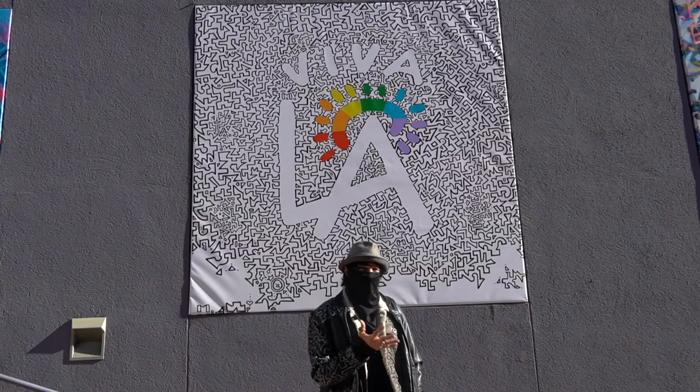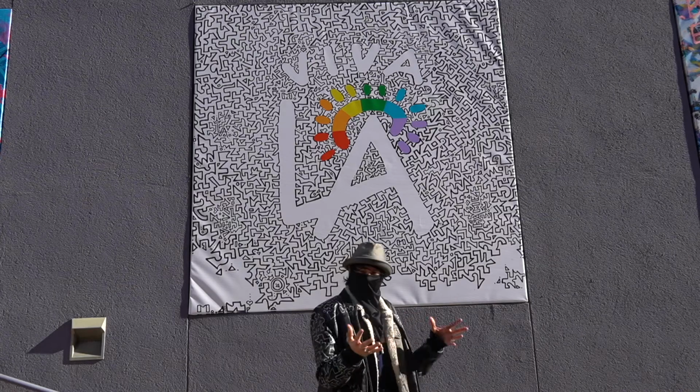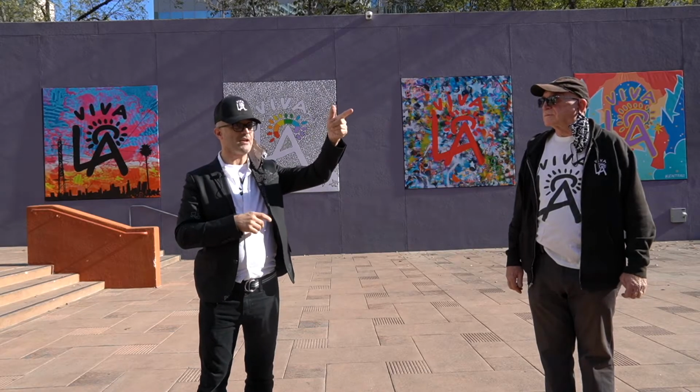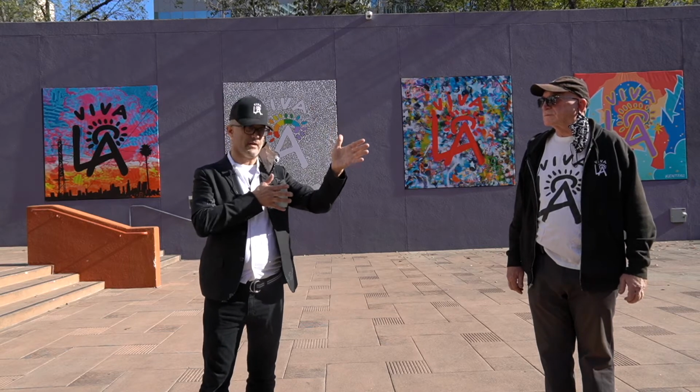The amount of beautiful people walking through, it's a melting pot of cultures, energies, all of the above. To have that, be able to see your work every day, it's like you get to have a moment with them. Even if you never get to see them, they get to have a piece of you. You know, you see a Dodgers fan across the park wearing a Dodgers hat. You may not talk to them, but you know they love the Dodgers and you have something in common with them, right? So Viva LA has been created to be that thing for everybody that lives in Los Angeles,